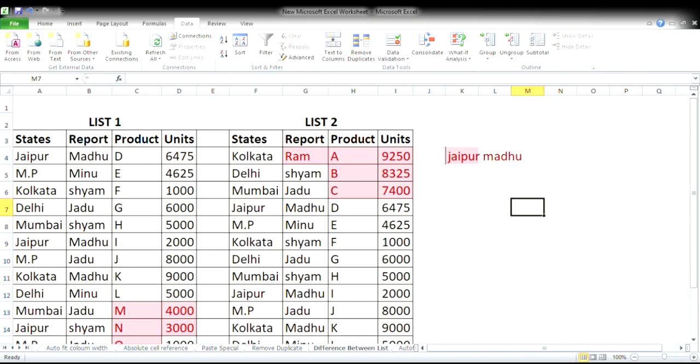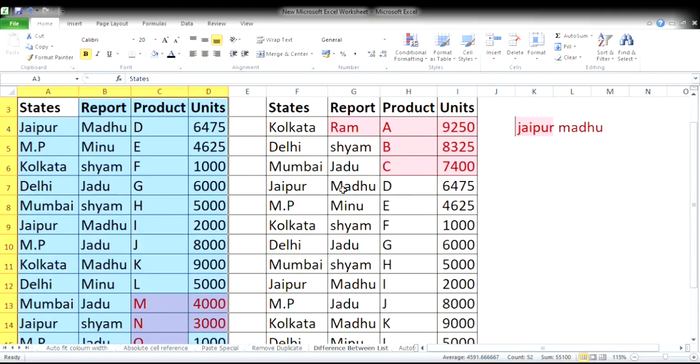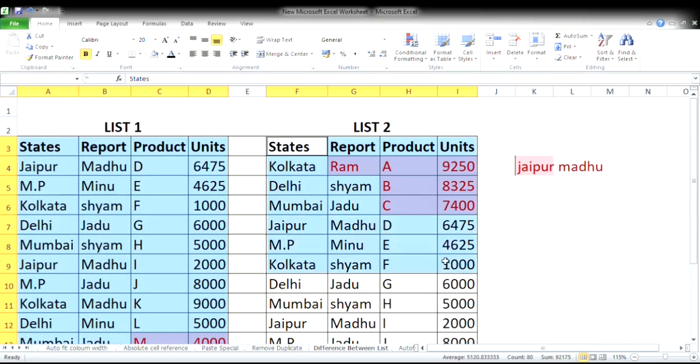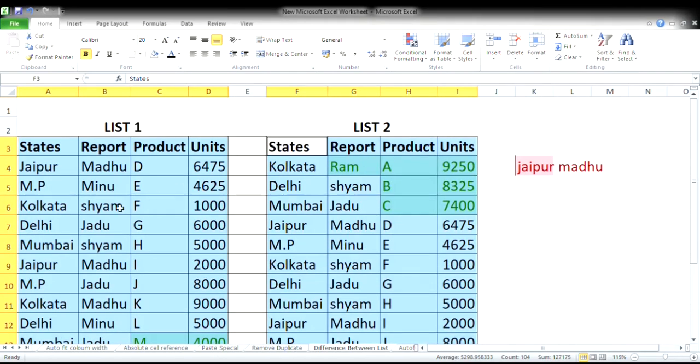First we will select the data from list 1, then we will press the control key and select the data from list 2, then go to conditional formatting, then highlight cells and duplicate values. It will show duplicate and unique, and you can change the color from red to whatever you want, and then apply it. Means RAM is not in list 1.